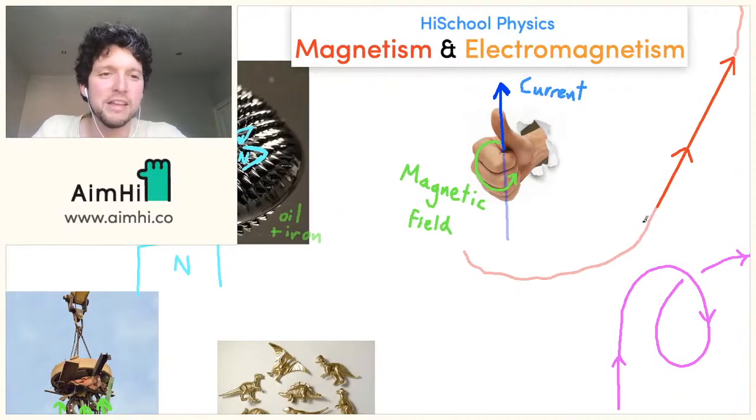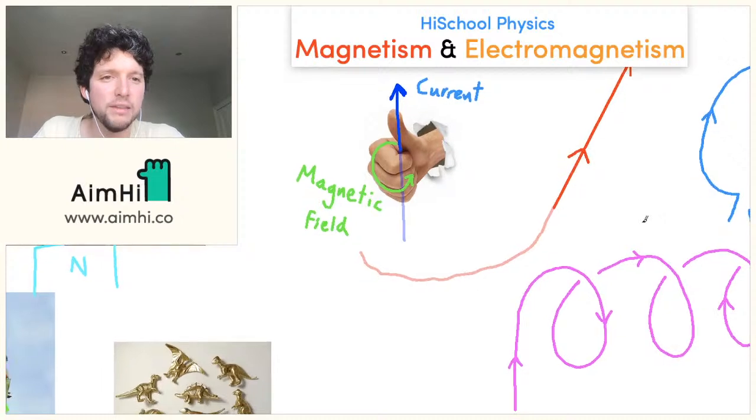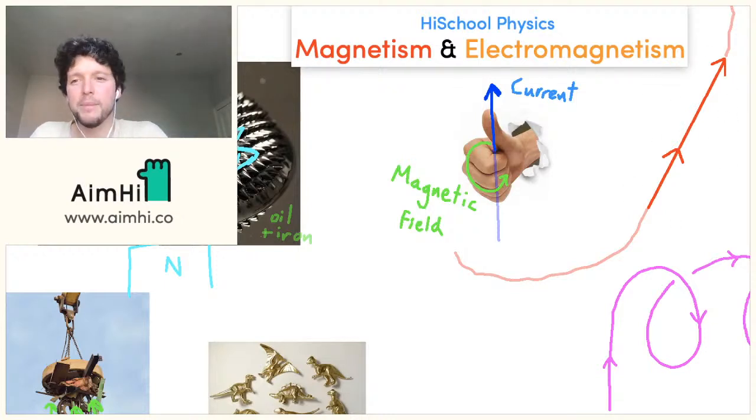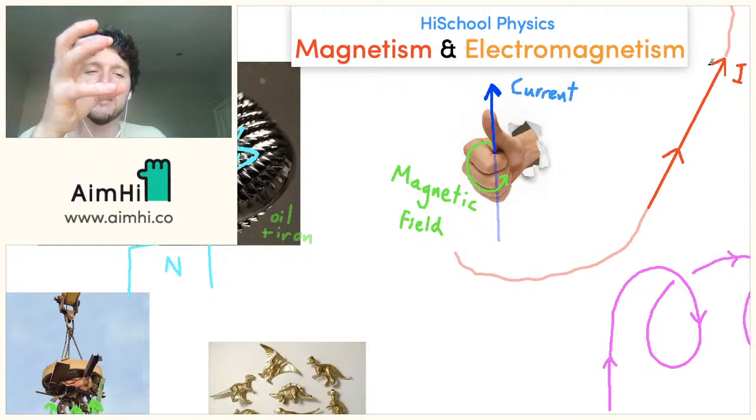Okay, here's a question for you guys. If we get this red wire here, I've just continued the red wire. This is a part of a full circuit, and I just haven't completed this circuit. But if we just look at this bit of red wire here, we say that the current, which I'm going to start representing with I, because I is always the symbol we use to represent current, which is weird, but it is. Anyway, if the current is flowing in this direction, can you guys try to visualize,